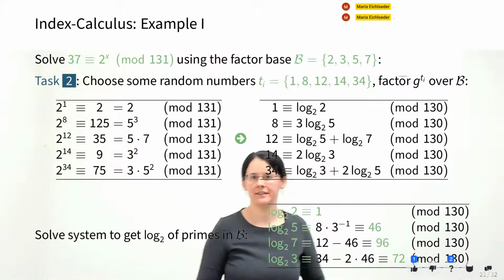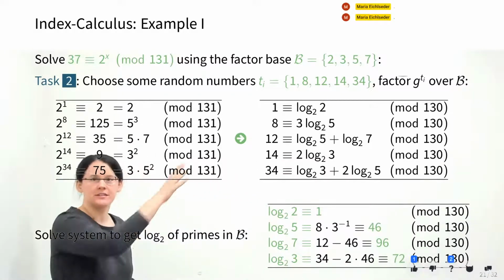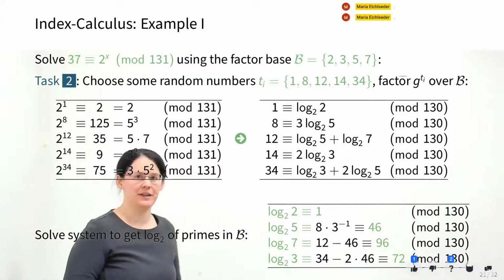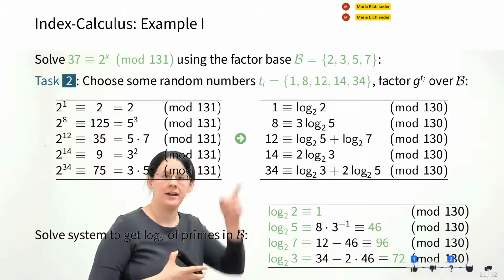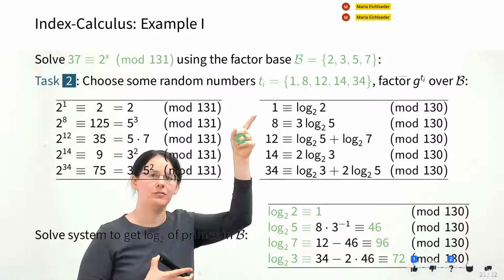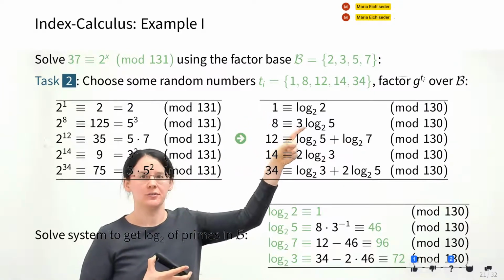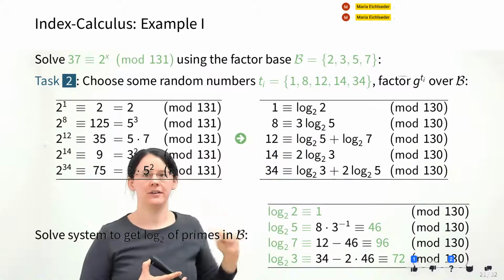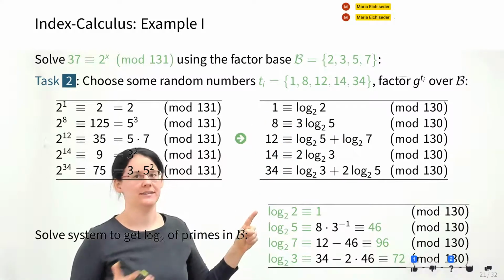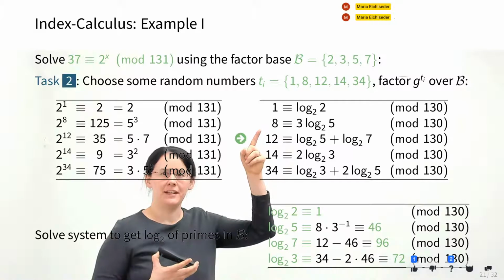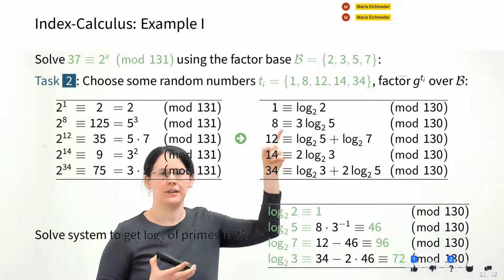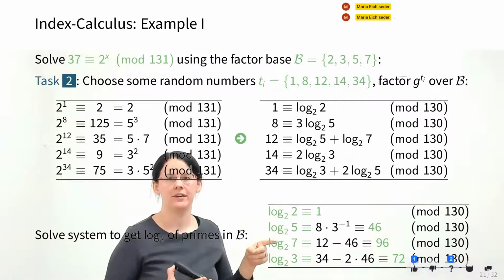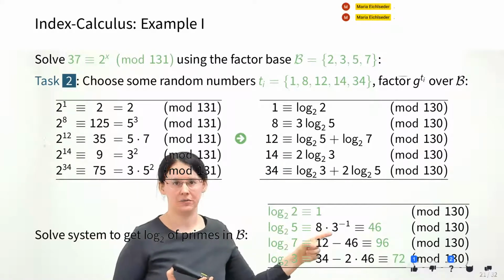Let's have a look. Indeed, this works. If I just apply something like Gaussian elimination to this step here, this is what I get. I can already read the first one off right here, very easy. So log 2 of 2 is apparently just 1. What a surprise. The next one also directly gives me log 5 by simply bringing 3 to the other side here. So log 5 equals 8 divided by 3,